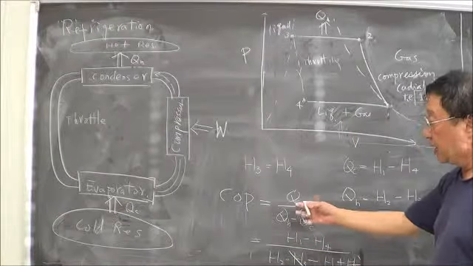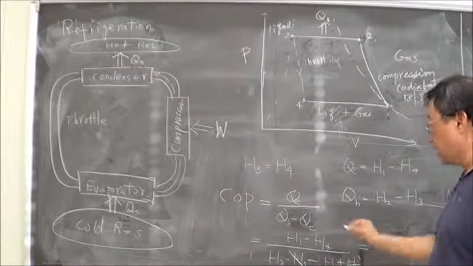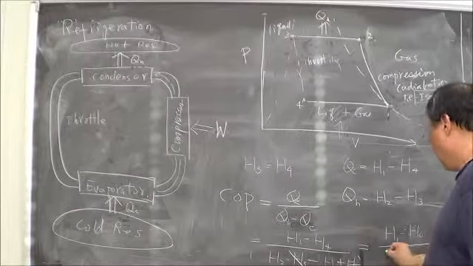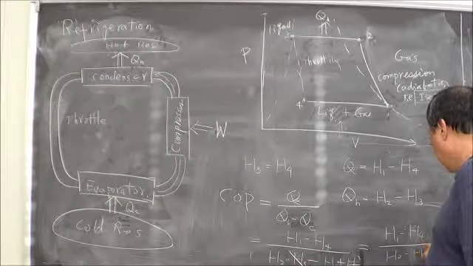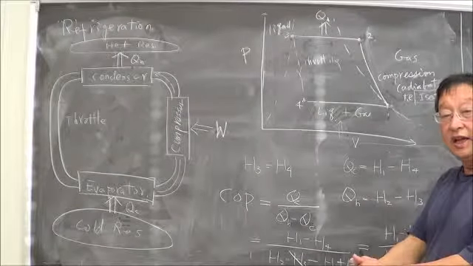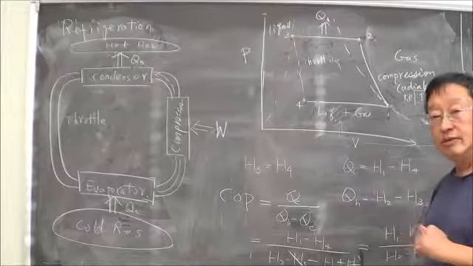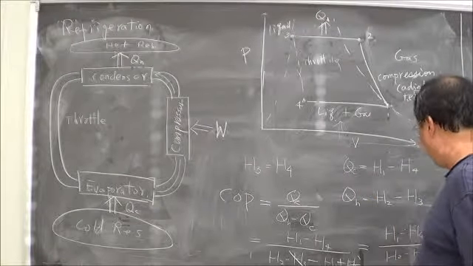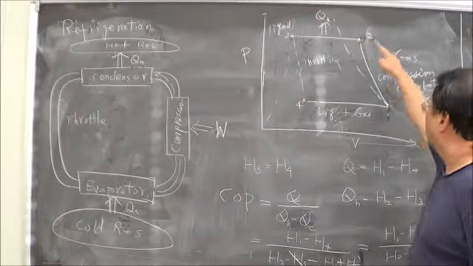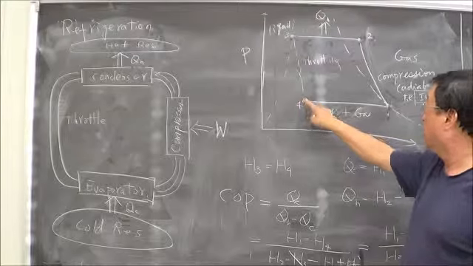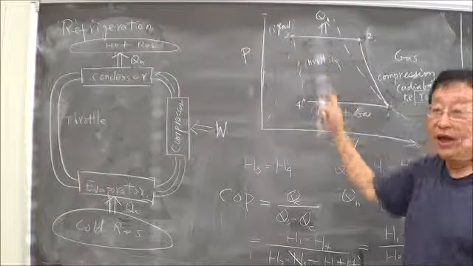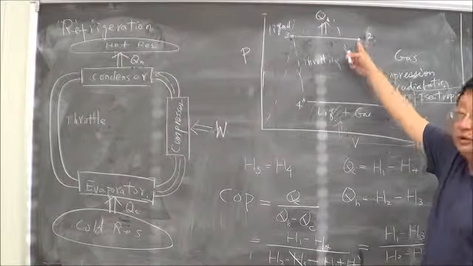So if I want to calculate the coefficient of performance, simple, I can just write it as H1 minus H4 over H2 minus H1. So in this kind of calculation, what is involved is you pull out the table and see if you can find the enthalpy at stage 1, and the enthalpy at stage 4, or more likely I should call this H3, right? Then H2,